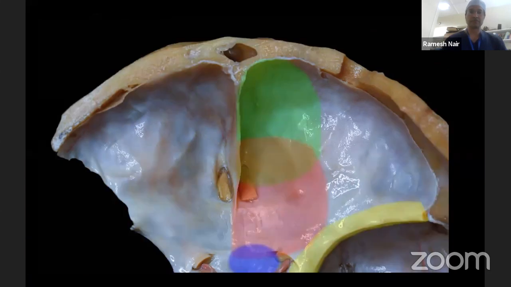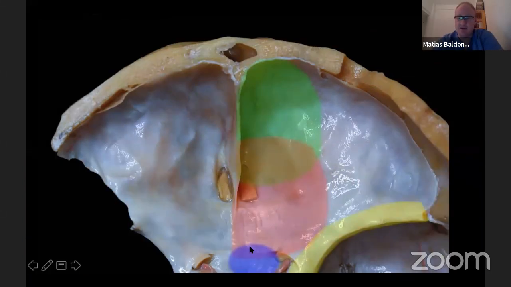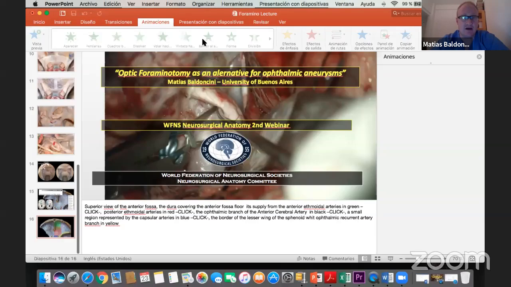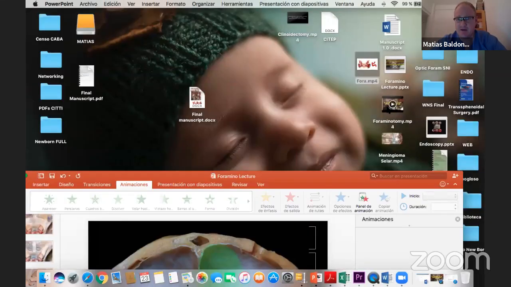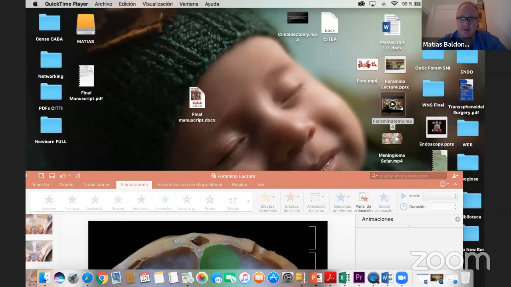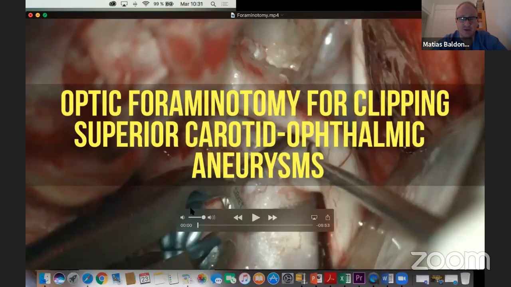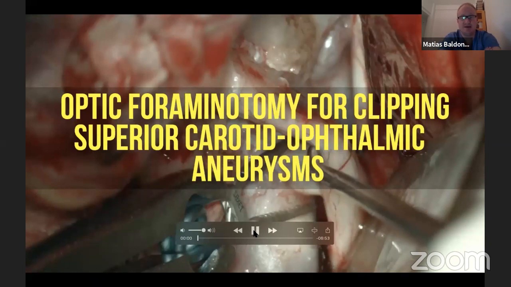Yes, fine, thanks. And the dural arteries involved in these regions are especially the capsular arteries, the posterior sphenoidal arteries, and the recurrent meningeal artery that emerges from the orbit through the lateral side of the orbital fissure to the middle cranial fossa. Now I want to show you an interesting video about the optic foraminotomy that we made in two patients for clipping superior small carotid ophthalmic